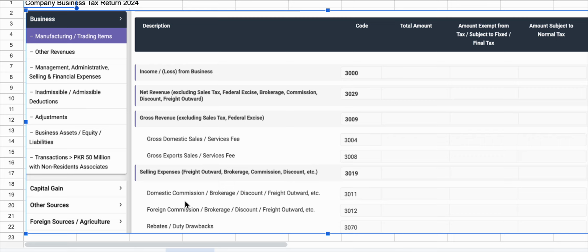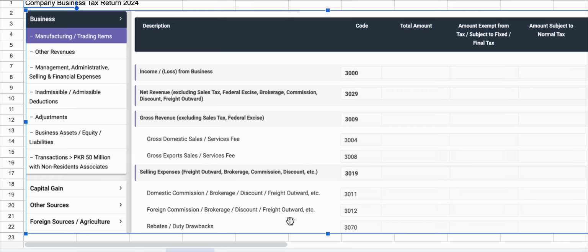And for this domestic commission, brokerage, discount, you have to remember that these are calculated, or these, especially duty drawback and rebates, are calculated according to Customs Act. And so different laws come into play when you are entering this sales data. Other than that,